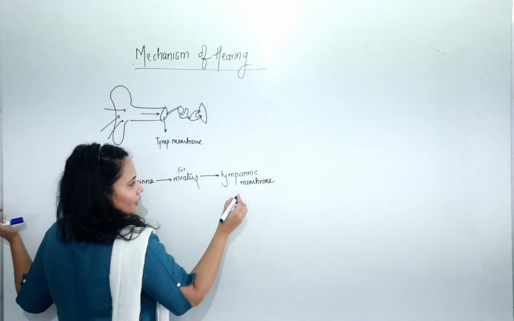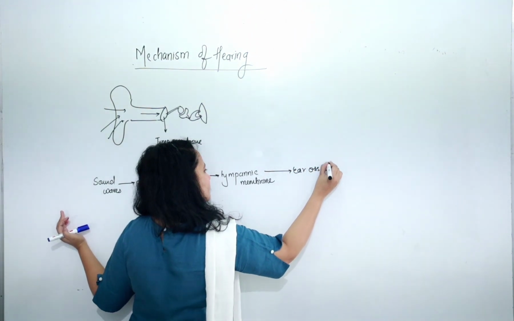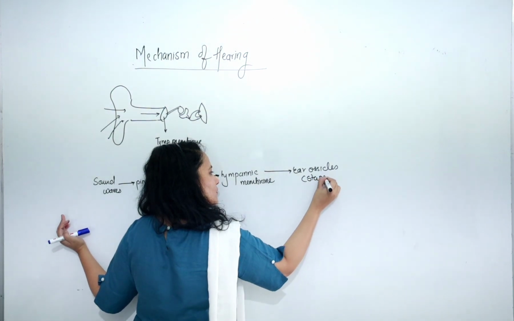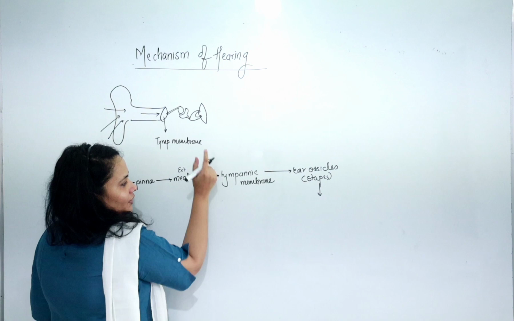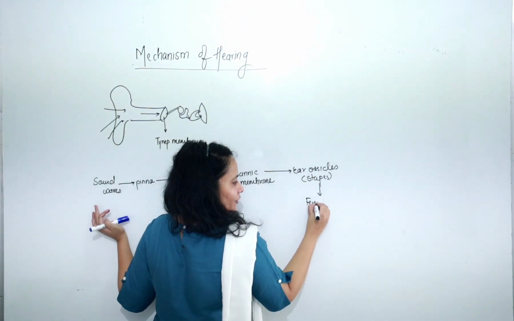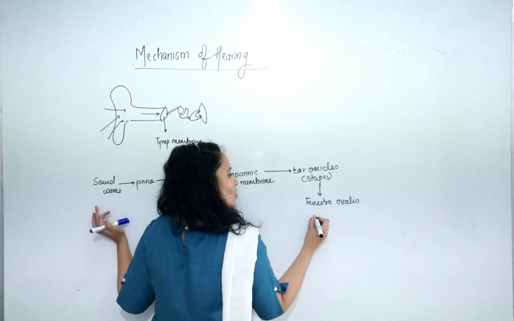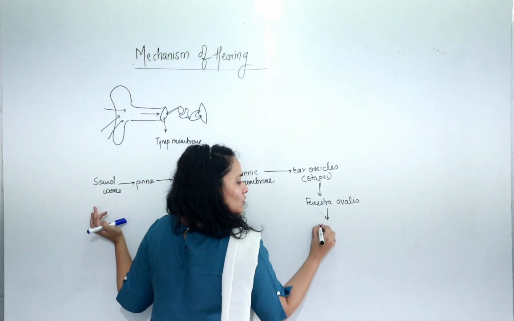From the tympanic membrane it goes to the ear ossicles, and particularly the stapes will move the fenestra ovalis, that is the oval window, and then it will go to the cochlea,